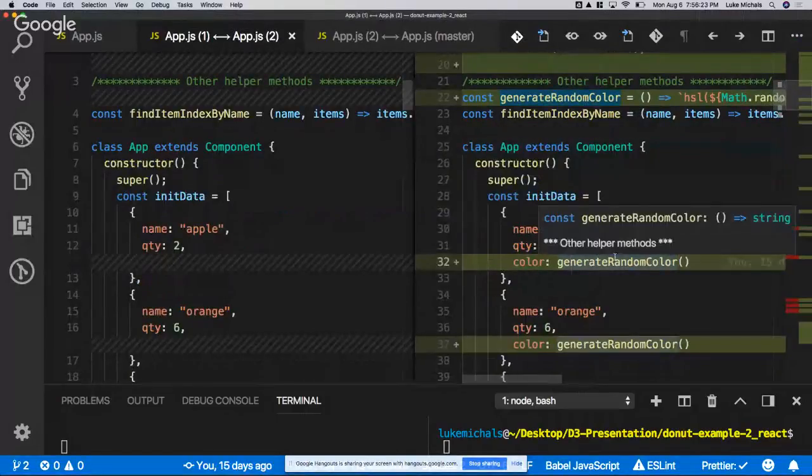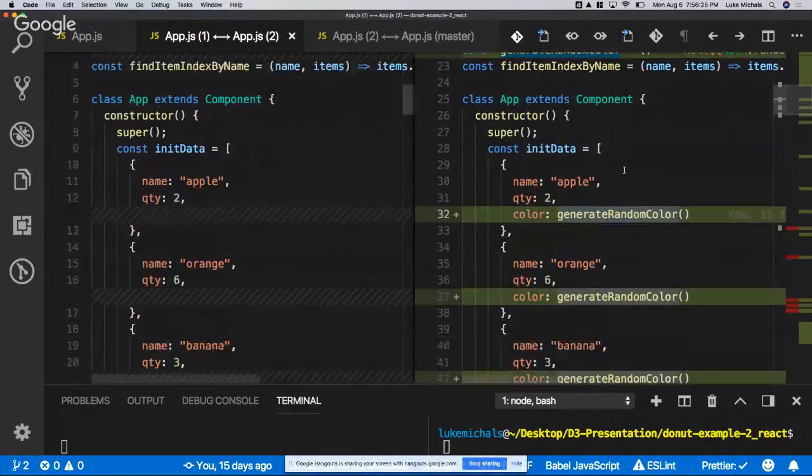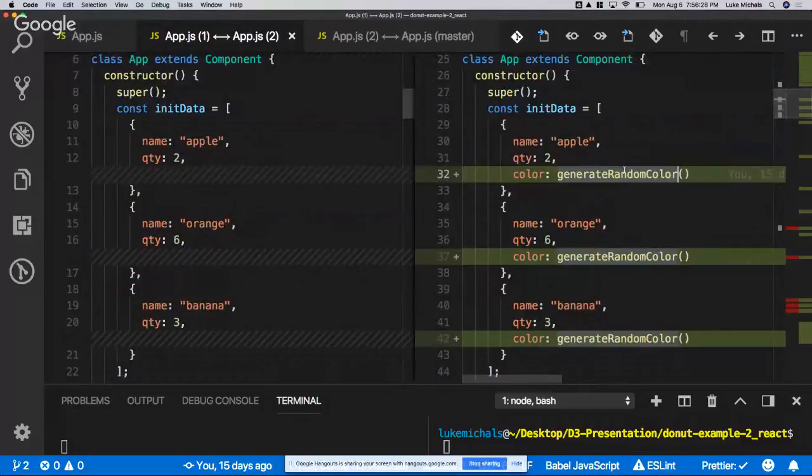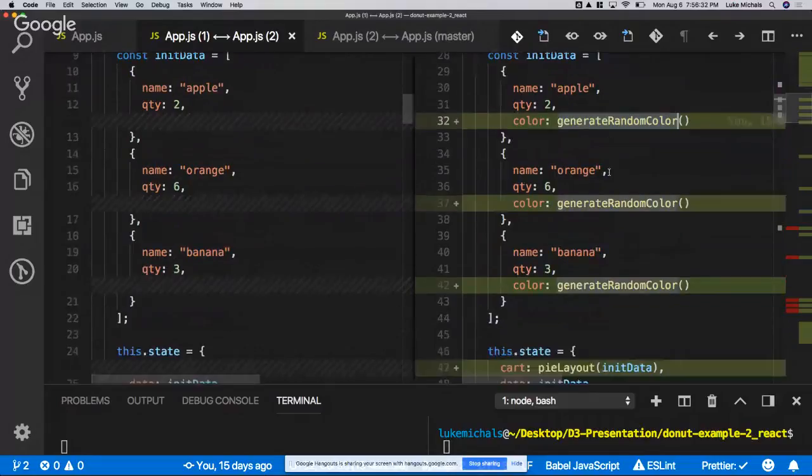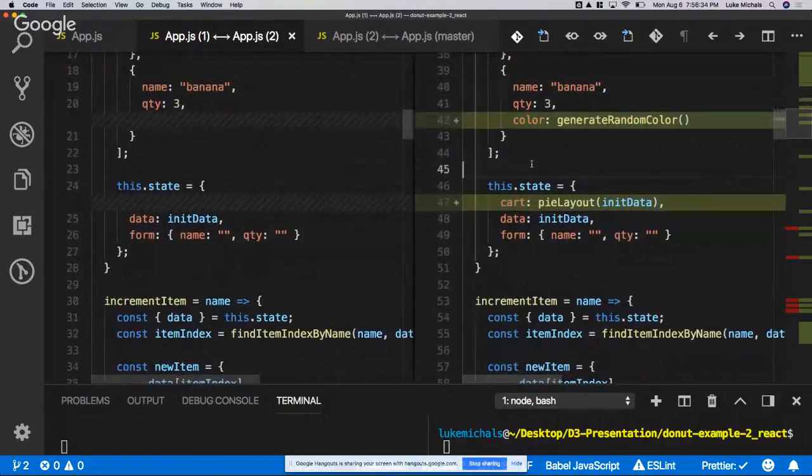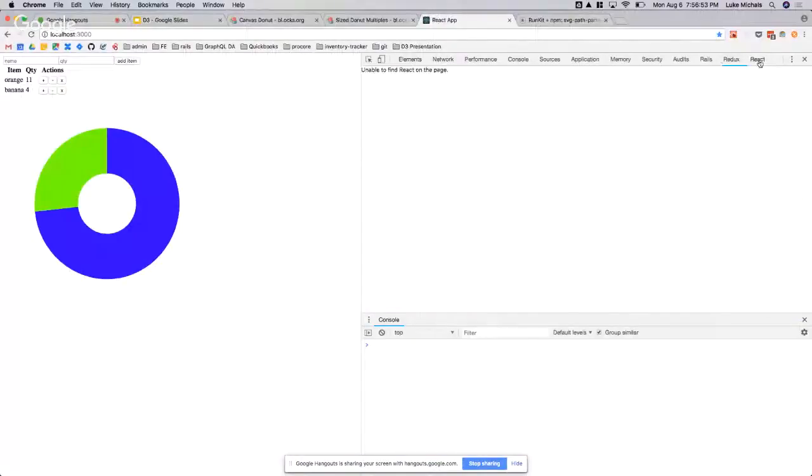So I'm just adding an attribute to each element of my initial data. That's just the color. And I'm going to keep two arrays in my state, one of which is just the original, unmanipulated data, and the other is this D3 manipulated data. So if we go over here and check out our React Dev Tools,